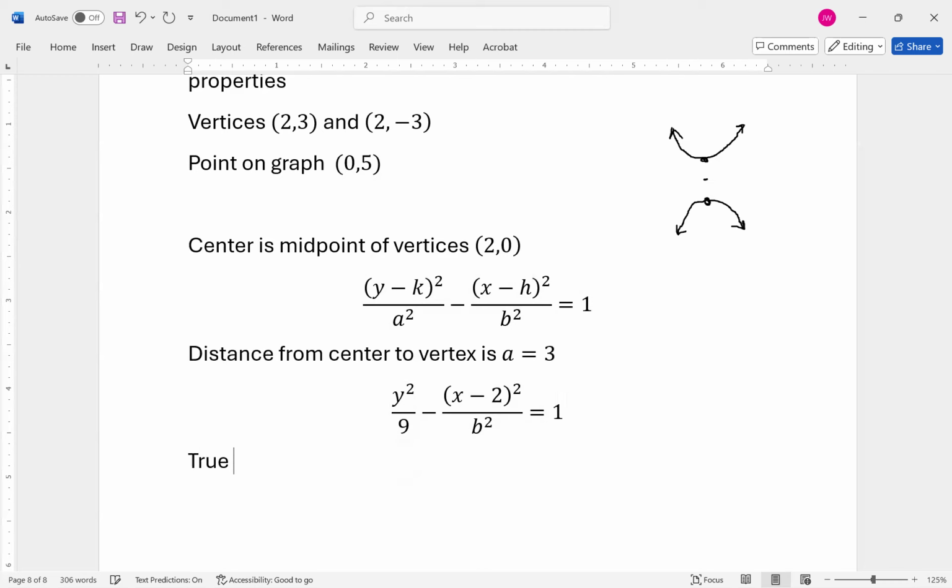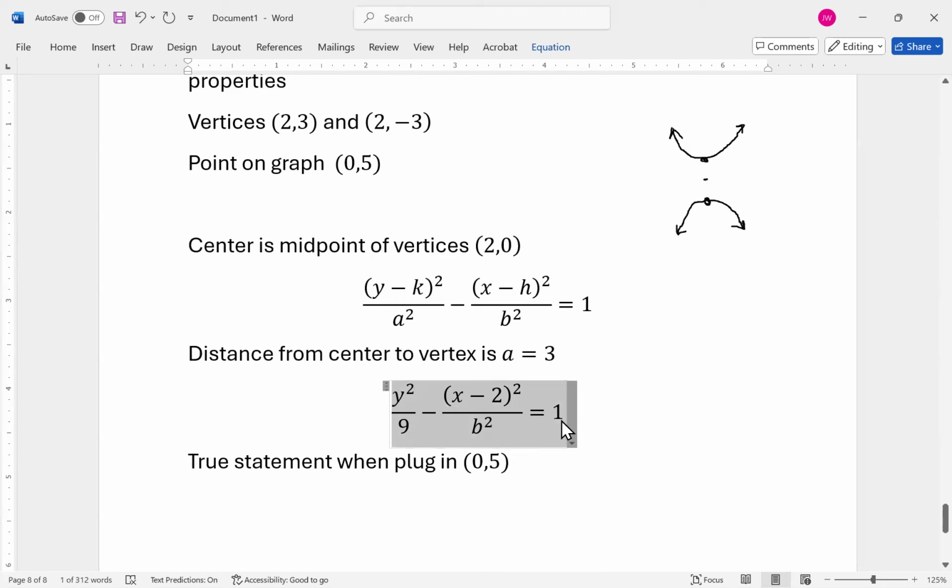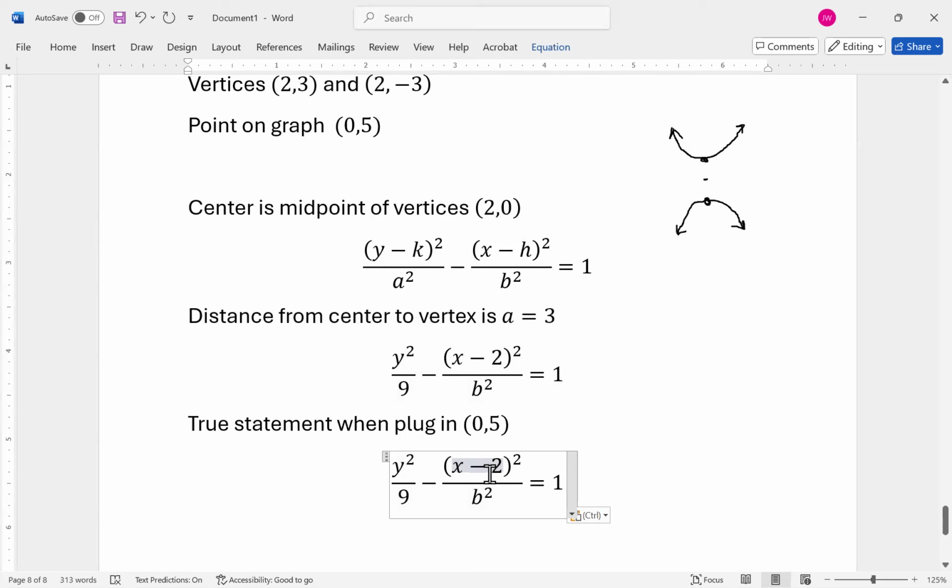So we get a true statement when we plug in the point (0, 5). That's what it means to be on the graph. It means that when you plug it in, you get a true statement. If I plug in 0 for my x value and 5 for the y value,